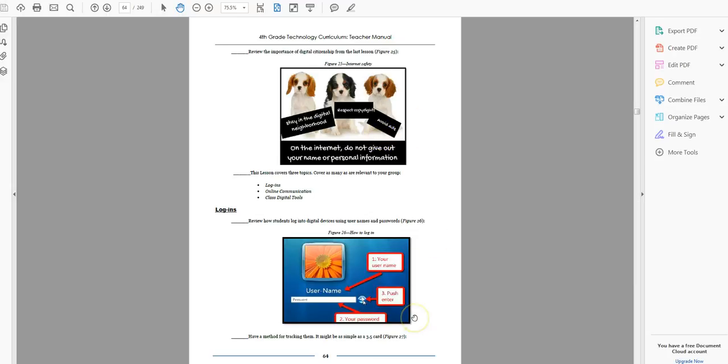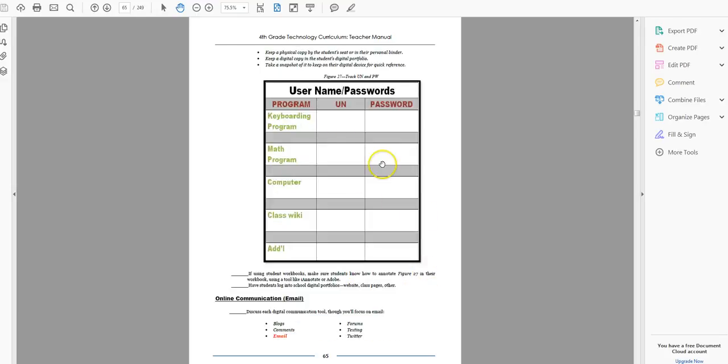But if it's a room license, then they'll say no, and that goes away, and the next student can just use that. Okay, so they can fill in their computer login information. They can fill in their username and passwords here, and then take a screenshot and email it to themselves. They'll have it then. And let's see, now we're going to start on